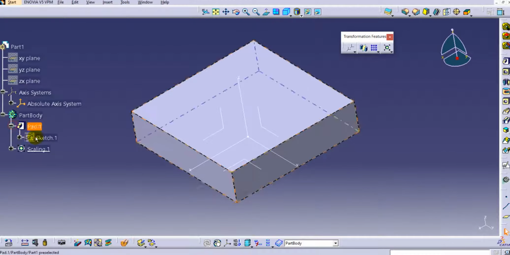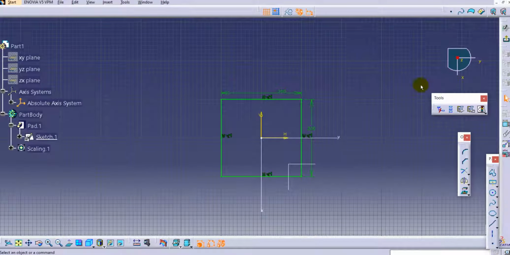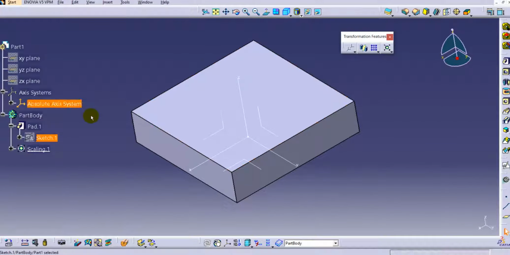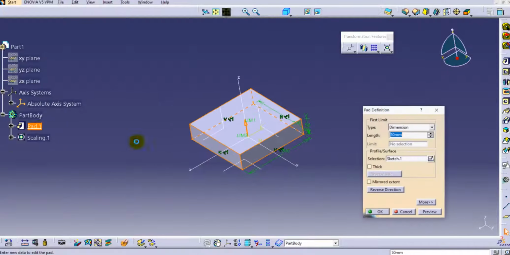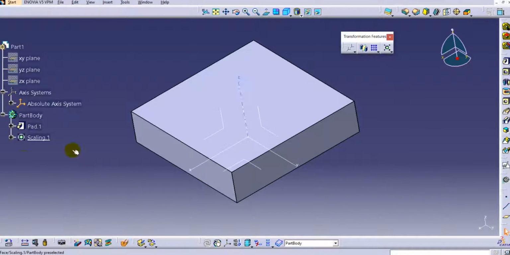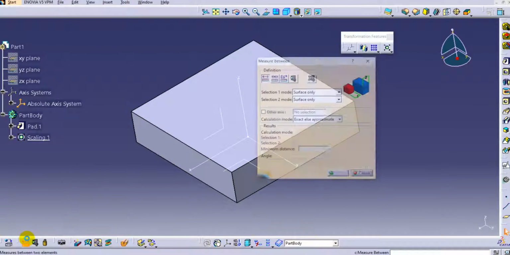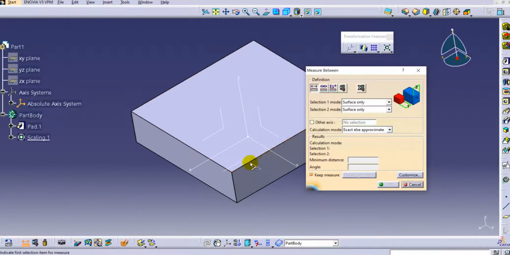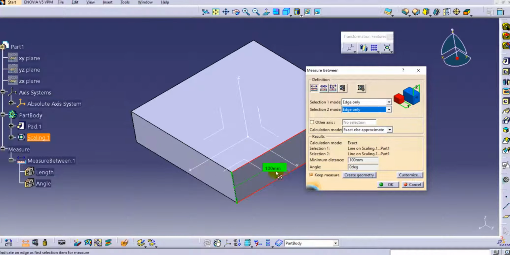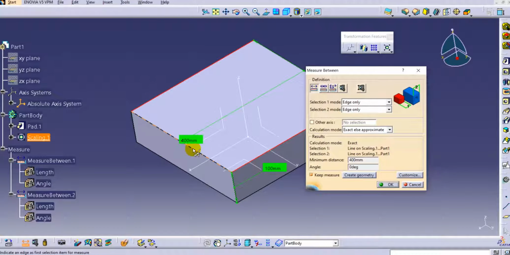If you see in the sketch, the sketch is 200 by 200 mm, so that is the length and width, 200 and 200, and the pad length is 50 mm. Now if you check after the scaling, just select the measure between option, and here we'll select this point. We need to select the edge, and here as well you need to select the edge. Just select these 2 edges, and you can see the distance is 100 mm, which is 2 times. Similarly, if you want to check this distance over here, it will become 400 mm, and the other one, that is this one,